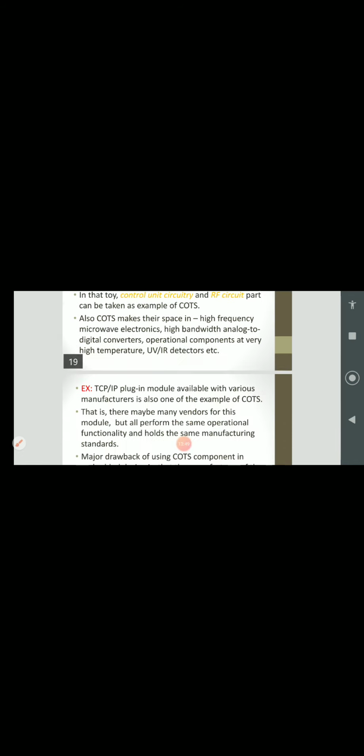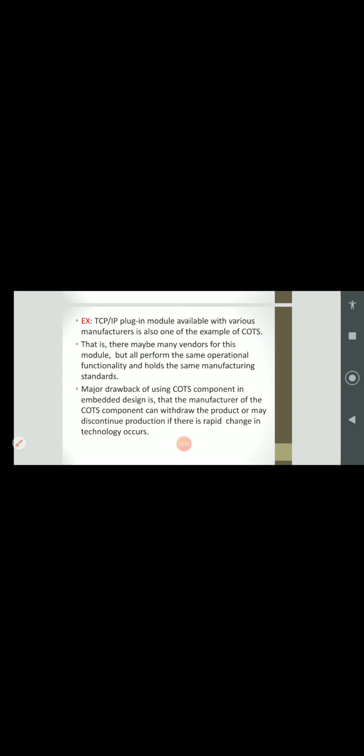Okay. And better you take one more example of TCP IP plugin module. The LAN cable has one plugin module, right, one pin. That is available with various manufacturers and is also one of the examples of COTS. So the LAN cable has one pin associated with that, and that LAN cable is connected to your PC.